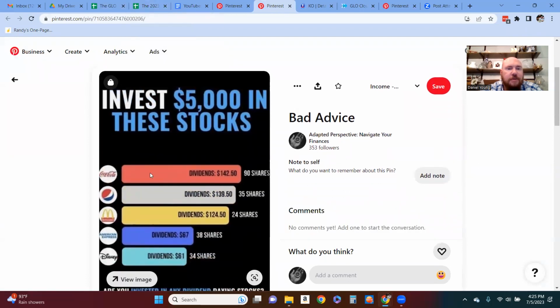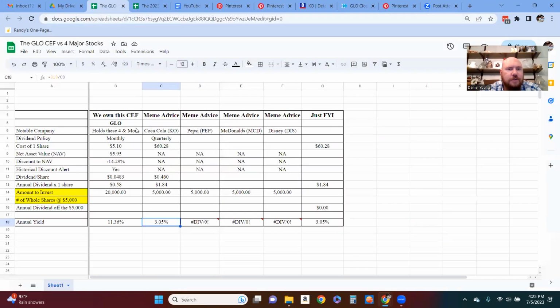You could say maybe it's 1,000 in each, but we're just going to use 5,000 for each. So if we invest $5,000 into Coca-Cola, we're going to look at whole shares, not partial shares. We can do that by putting in equals: we take the value and divide it by the current cost per share. We can look at how many shares that is. That's partial shares, right? So we want whole shares. We can't afford 83, so we put in 82.